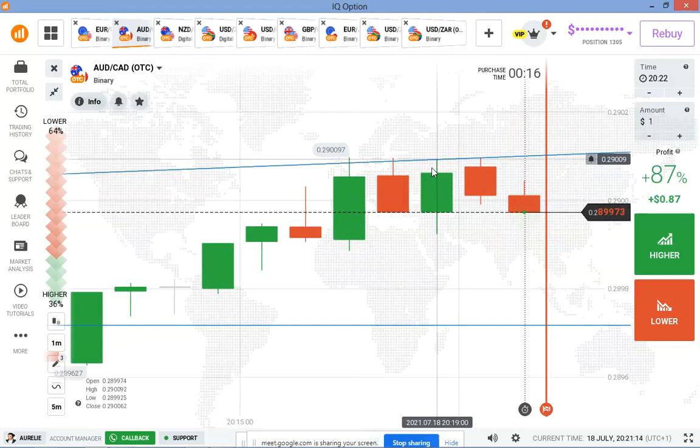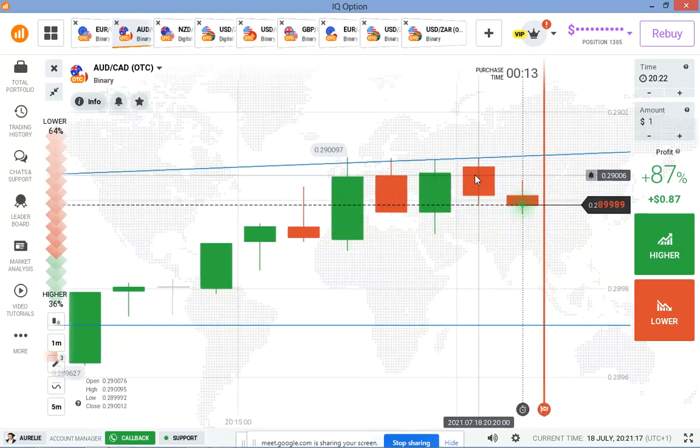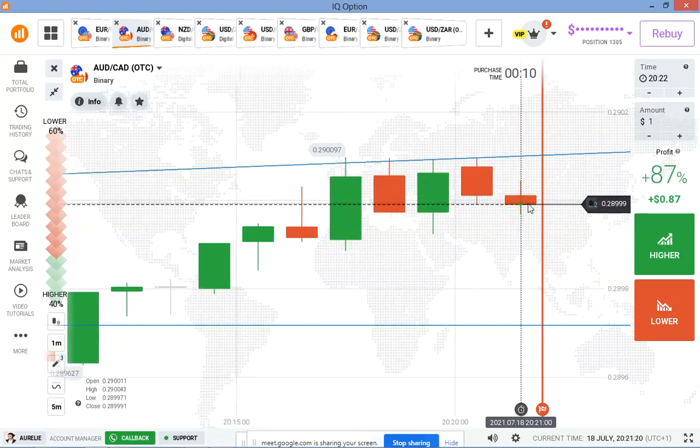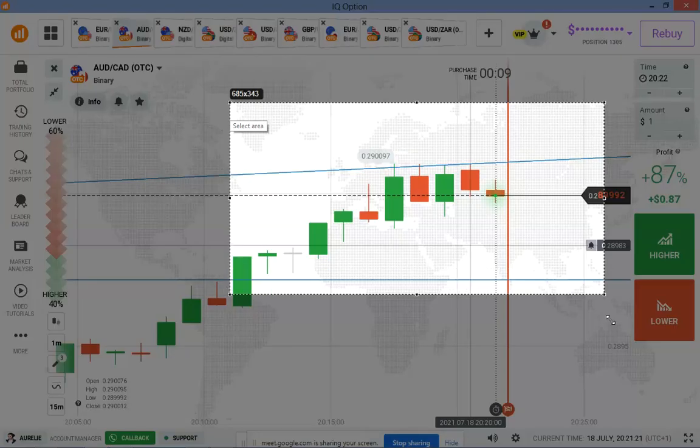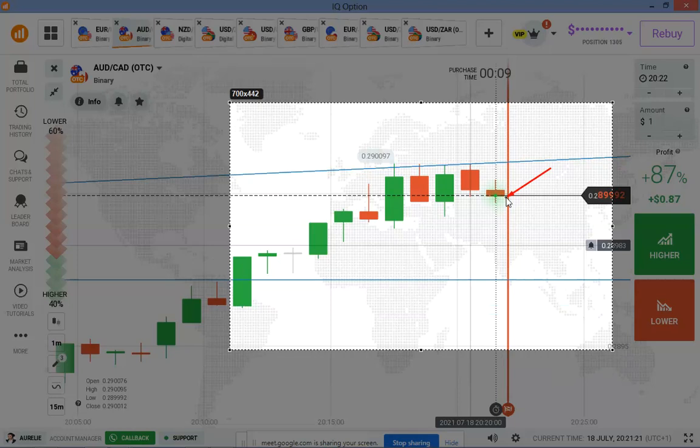Now, when the buyers enter, we have a rejection again from sellers. Sellers now entered. I think the next candle here will be bearish. Why? Because when sellers entered here the first time, the buyers were still trying to push the price higher. They failed. They got rejection from sellers. Sellers now entered again. The first time sellers entered, no rejection. Now we have this candle as the strong candle. But because there's no gap up, the buyers have to enter again on the next candle.